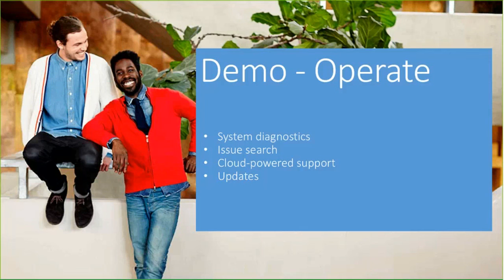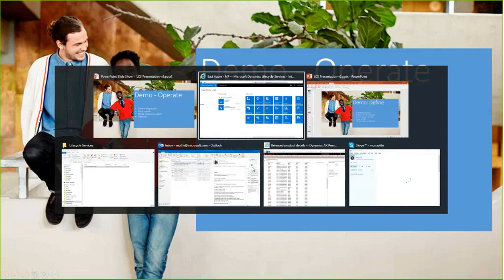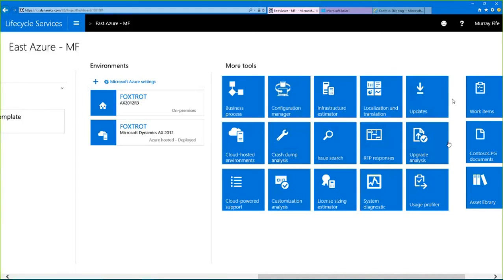Also, the cloud support I'll talk about in a second, but this is a major change to how support gets delivered from Microsoft because it actually uses the cloud-hosted systems. And also we can work out the updates. But the system diagnostics tool